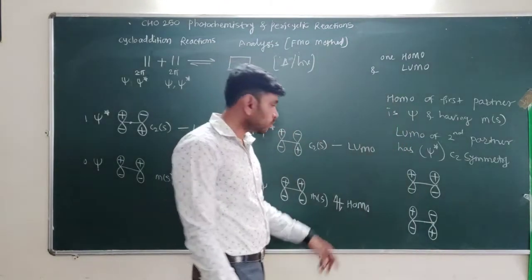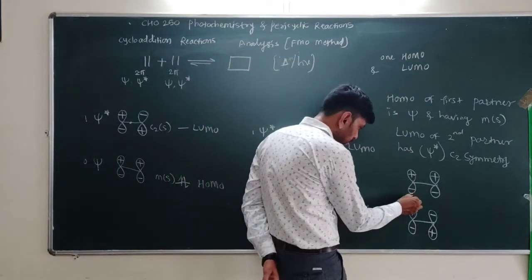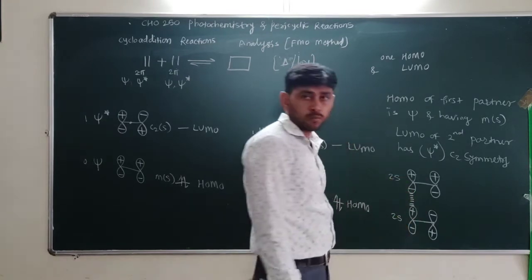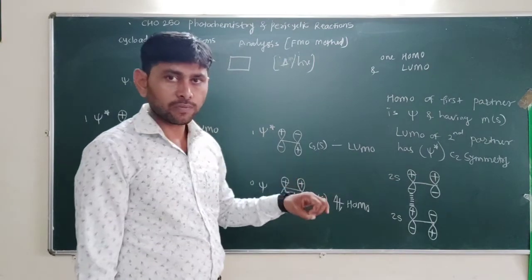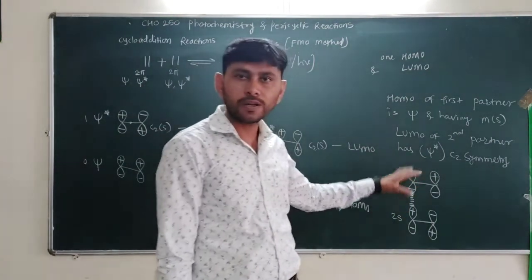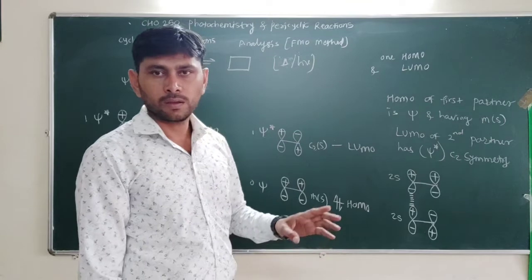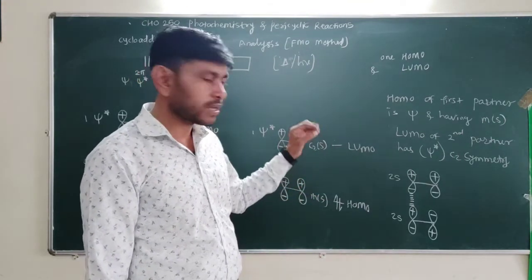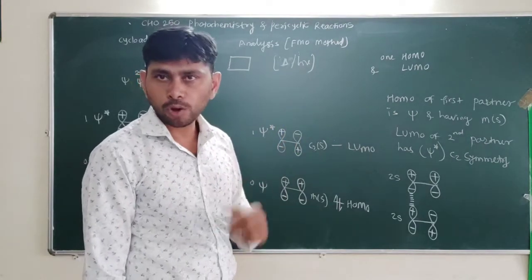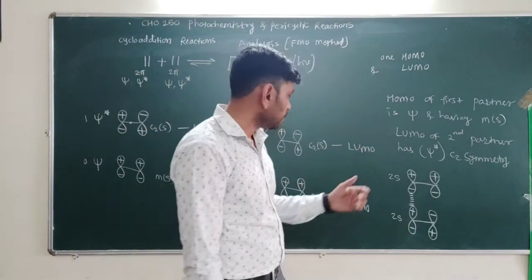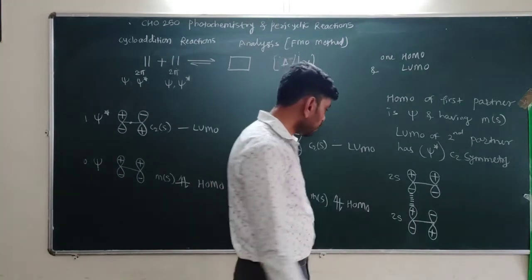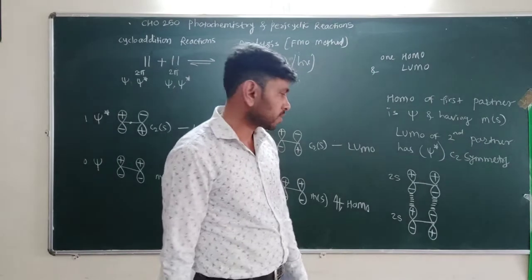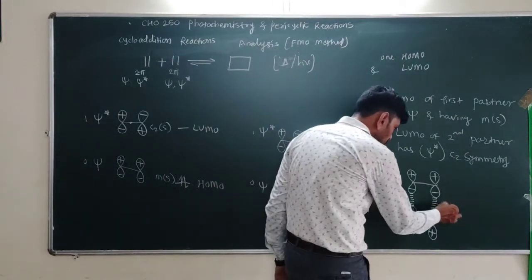If we see the overlap, then here, because this is 2s and this is also 2s, most of the reactions, the majority of reactions, are 2s plus 2s. Only rare reactions are 2s plus 2a, or 2a plus 2a, such types of reactions. Most of the reactions occur suprafacially, with orbital overlap occurring suprafacially. Here both are acting suprafacially. So the suprafacial mode gives such a type of reaction where we get bonding, same